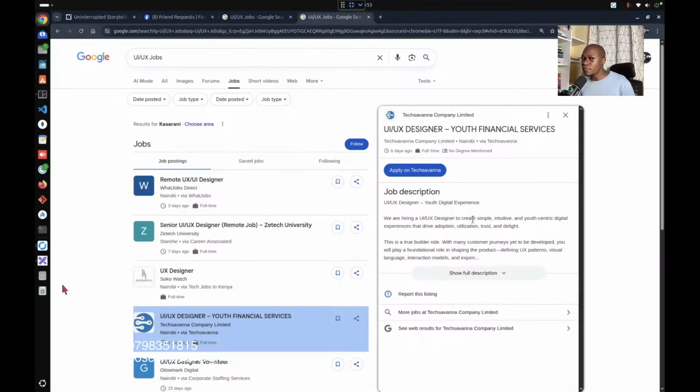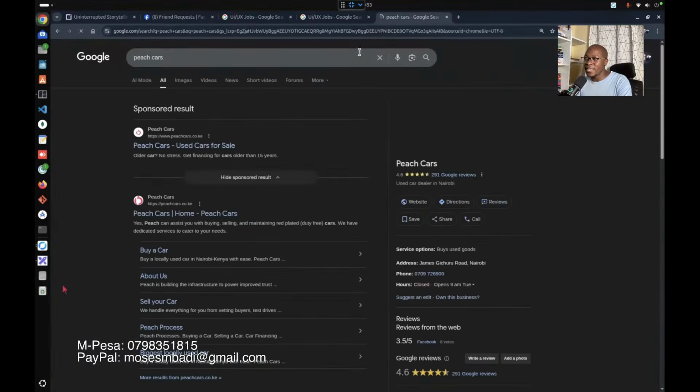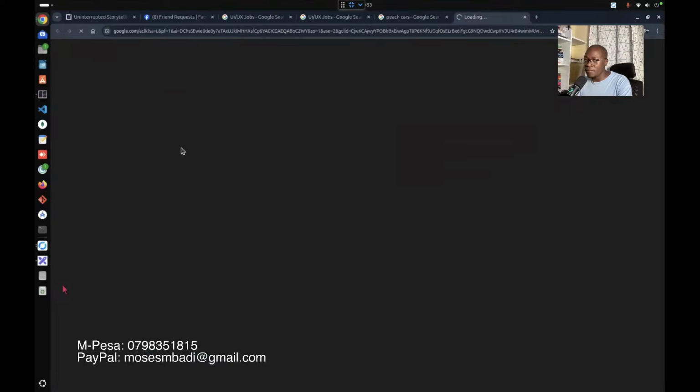So the trick when you're looking for these jobs is to look for companies that are, in my own opinion, less known. Okay, so there's a company like, for example, Pitch Cars. I think the last time I checked, they were looking for a Flutter developer. Flutter developer is a mobile app developer.